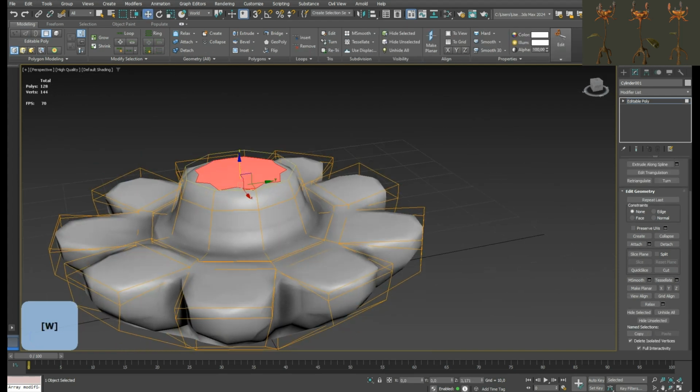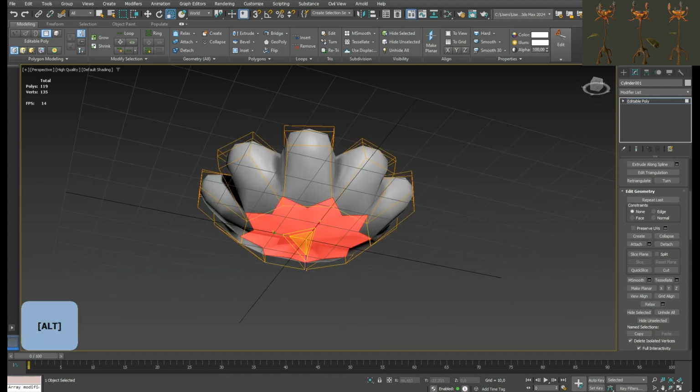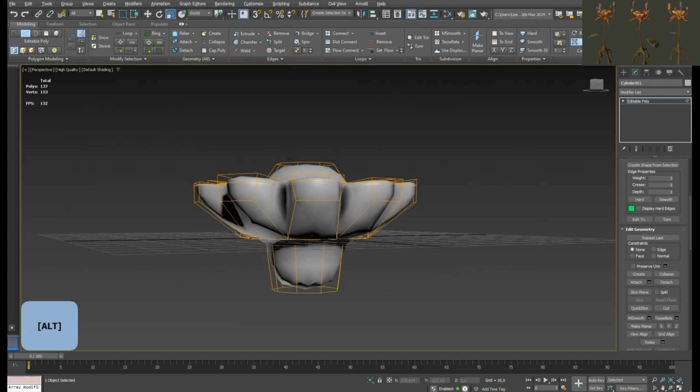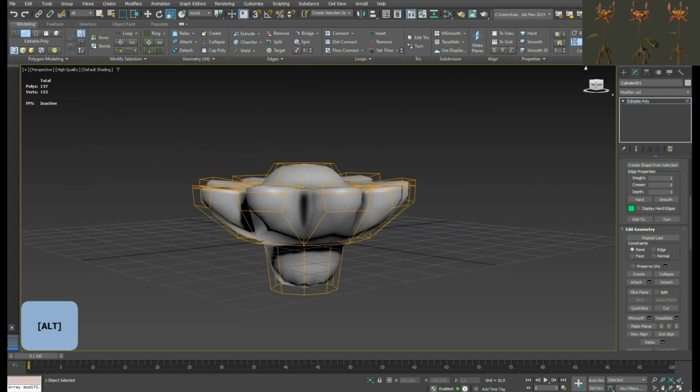I convert my cylinder into an editable poly and activate NURBS modeling. Then I switch my coordinate system to local and start extruding some polygons by holding the Shift key. Then I simply edit the scale of some stems and small tentacles, rotation angles of some edges and stuff like